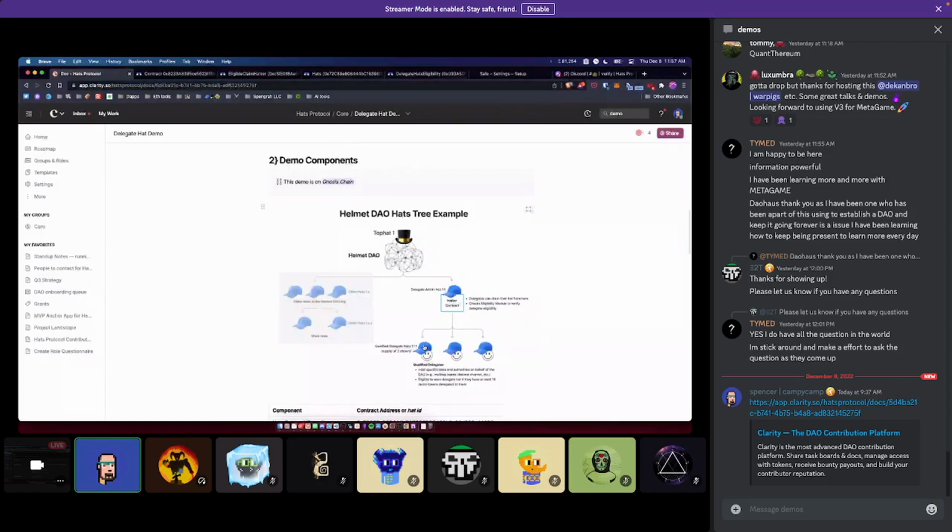So individual members of the Wildfire Pod could have specific roles that are tied directly to the delegate hat that the Wildfire Pod is wearing and actually managed by that hat. And it's tied directly all the way up to Helmet DAO itself.